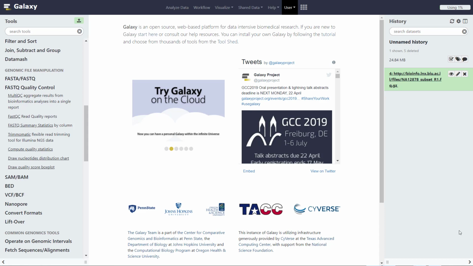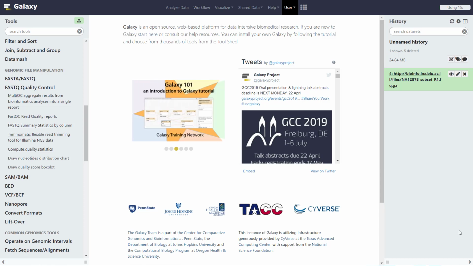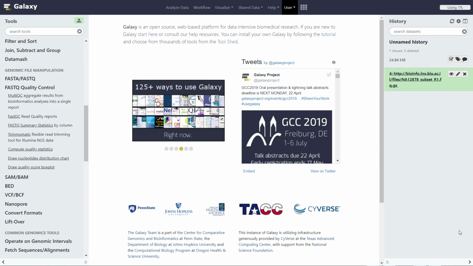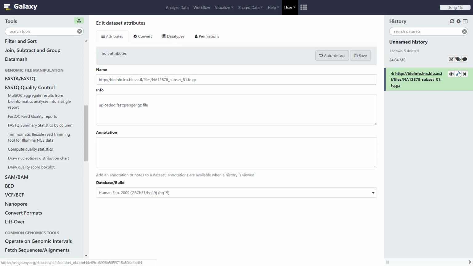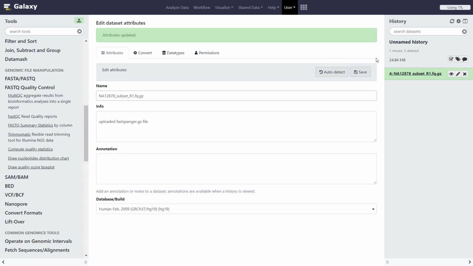Once the upload status turns green, it means the upload is complete. You should now be able to see the file in the Galaxy History panel on the right. The dataset will have a very long name, as it's named after the full URL we retrieved it from. Optionally, once the file is in your history, click on the pencil icon to the right of the file name. Then select the name box, and you may change the name to anything you wish, or just remove the entire URL and keep the file name. Then click Save, and the file name will have been edited.